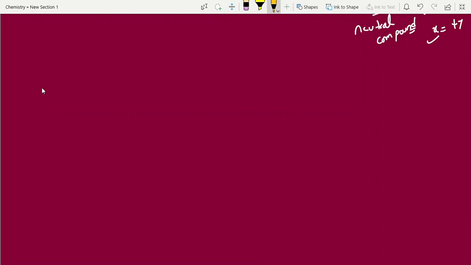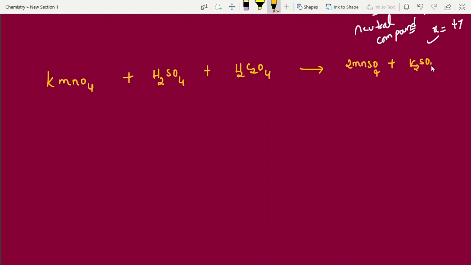I am giving one more question here, students, which is very important towards competitive examination. Direct question. First year and second year. KMnO4, in presence of acid, plus H2C2O4. It gives rise to 2 MnSO4, balanced reaction I am writing, 2 MnSO4 plus K2SO4 plus 2 CO2 plus 8 H2O.